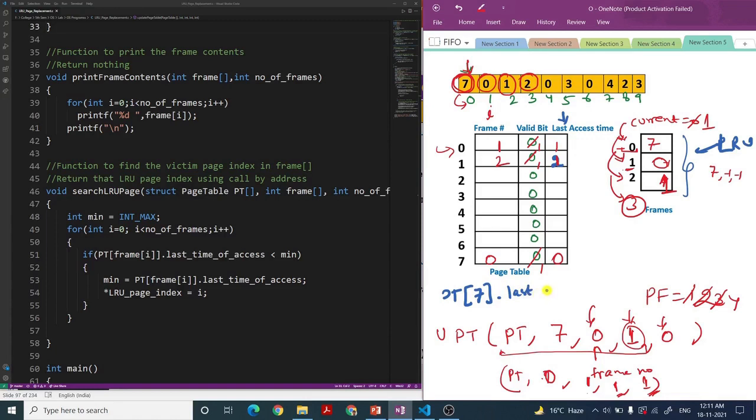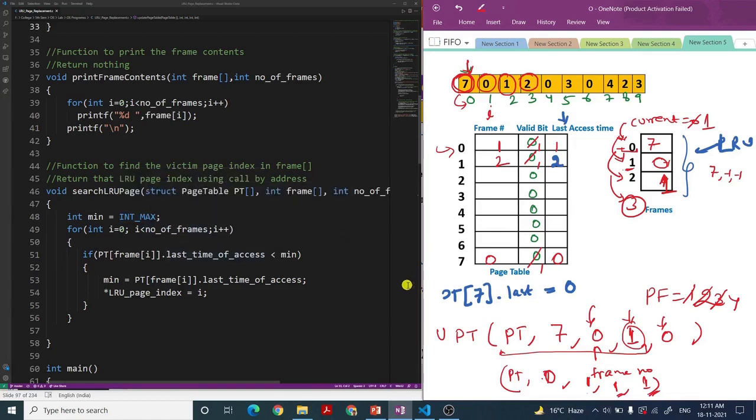The 7th page's last access time was 0. It is less than the current minimum. Initially my current minimum was very large, int max, so that the first entry is less than the minimum. Let's say int max is like 9,90,000. That's a very big value.